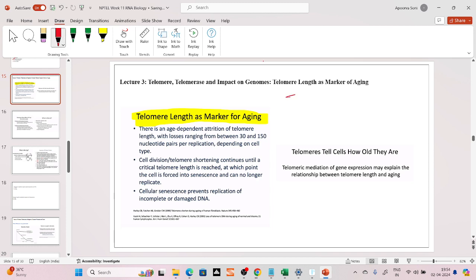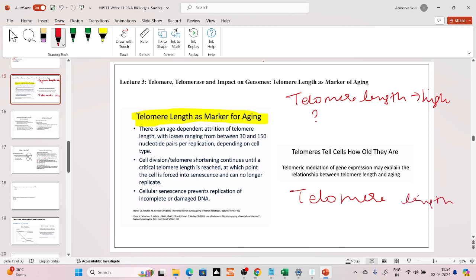So if telomere length is high, then what will happen? If telomere length is, I'm sorry for my extremely bad handwriting. I'm not very used to writing on this writing pad. Even though I'm writing on this pad for the last 1 year, still I'm not very used to it. Anyways, so